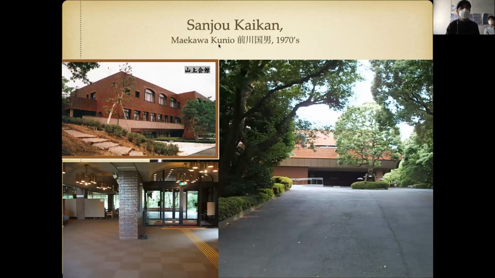Then Maekawa Kunio is not so well known, but he's a top figure. He was one of the Japanese architects who worked with Le Corbusier. And he's kind of silent. His constructions are not super impressive, but he has quite a few nice museums in Tokyo, right? In Ueno Park, we saw near the university. And this is one of the lounges for meetings and for restaurants, the Sanjo Kaikan. This is just over the pond, by Maekawa. So it's nice architecture. Tiles are a bit larger. This kind of modern study he did, but we will not get into that.